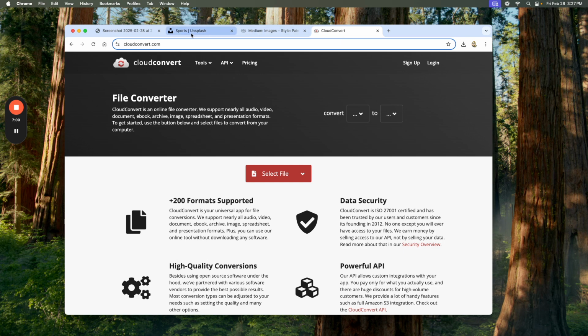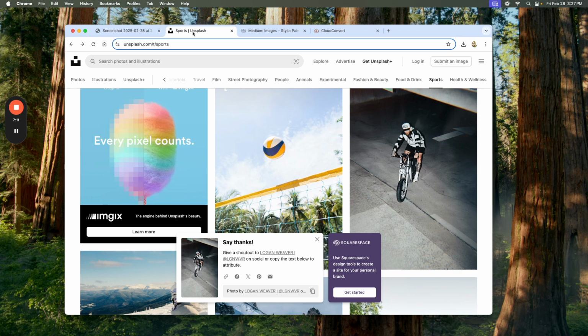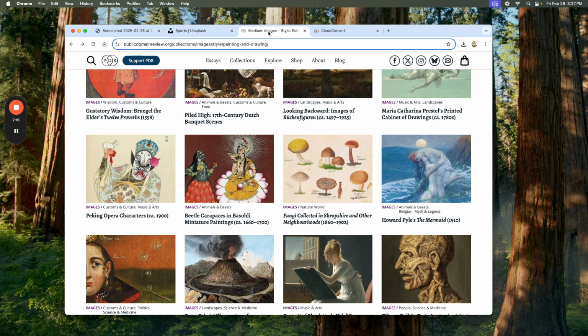So this week we took a look at Unsplash, and we took a look at the Public Domain Review site. Totally different types of pictures and images that you might want to use somewhere as you are